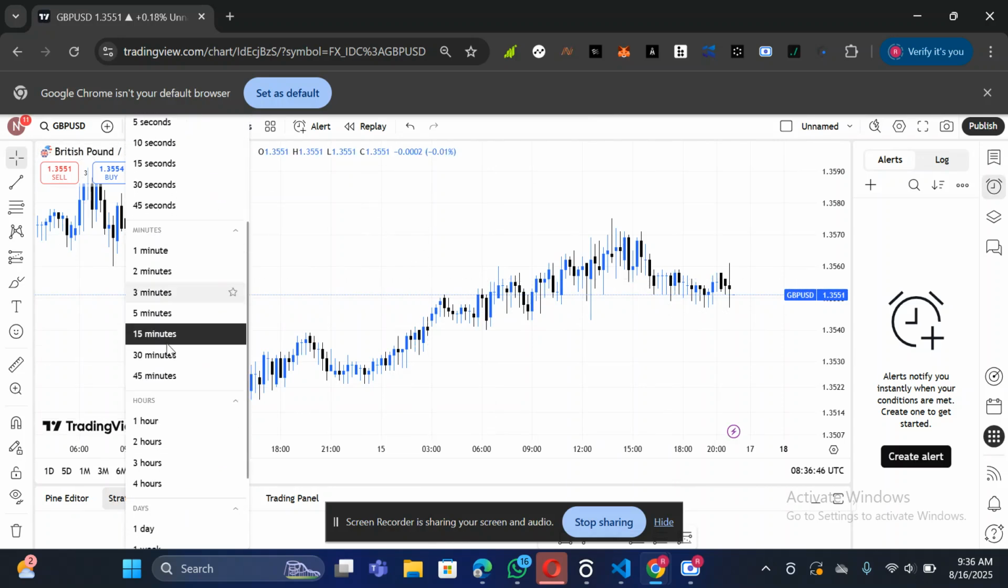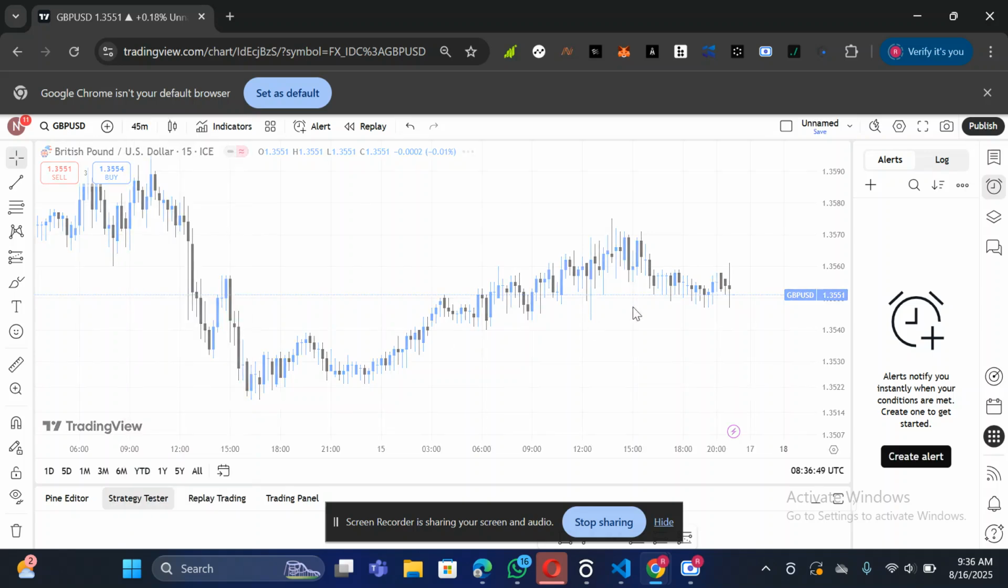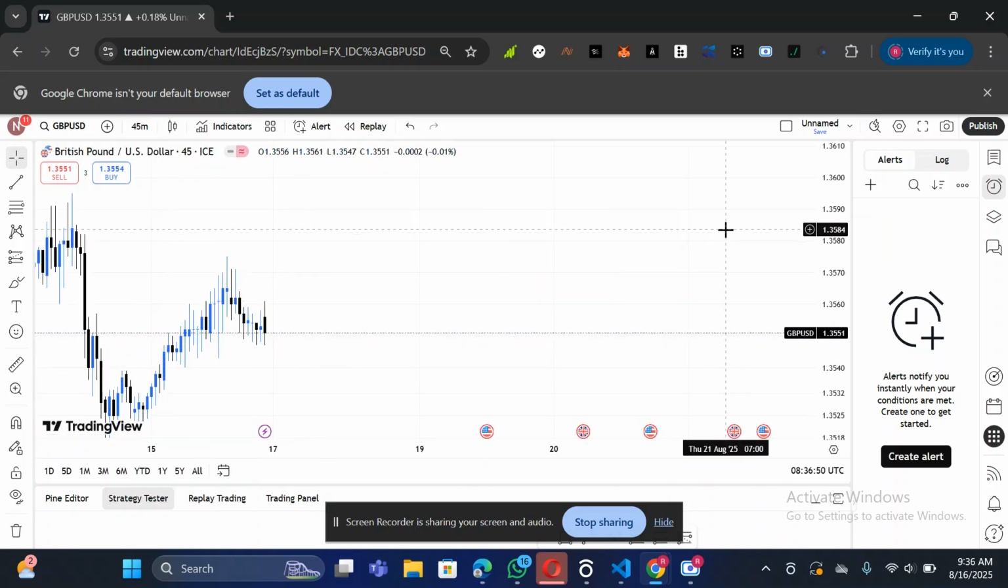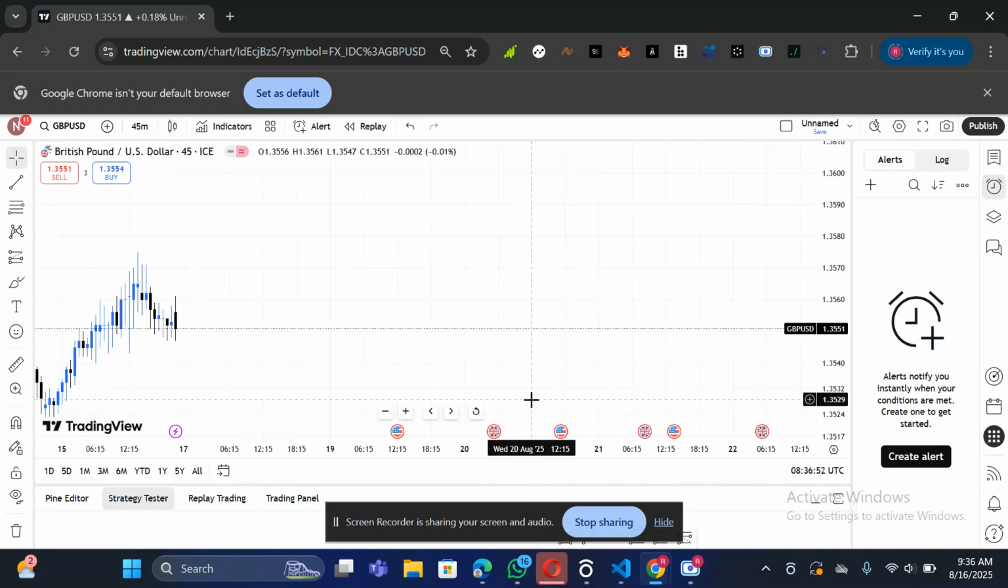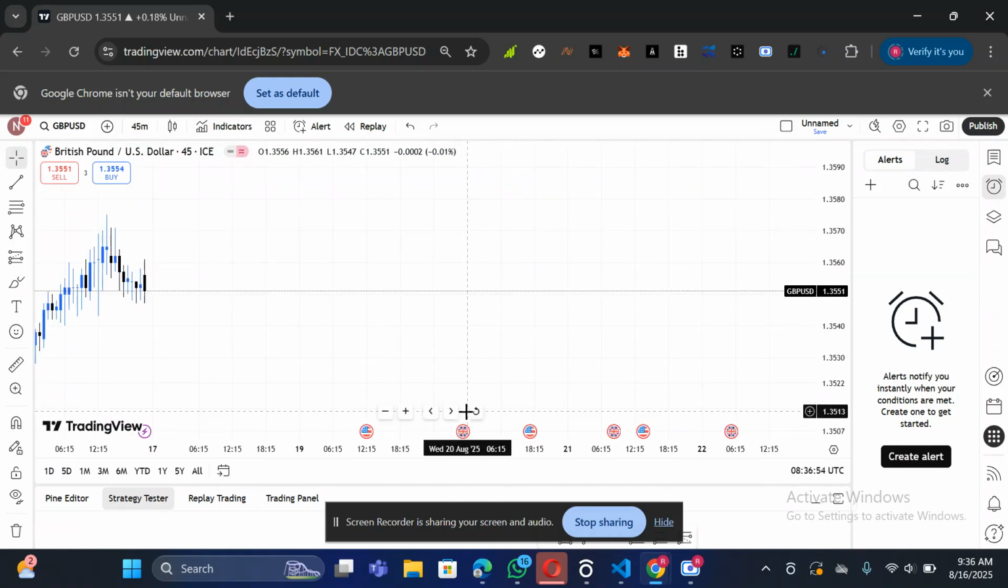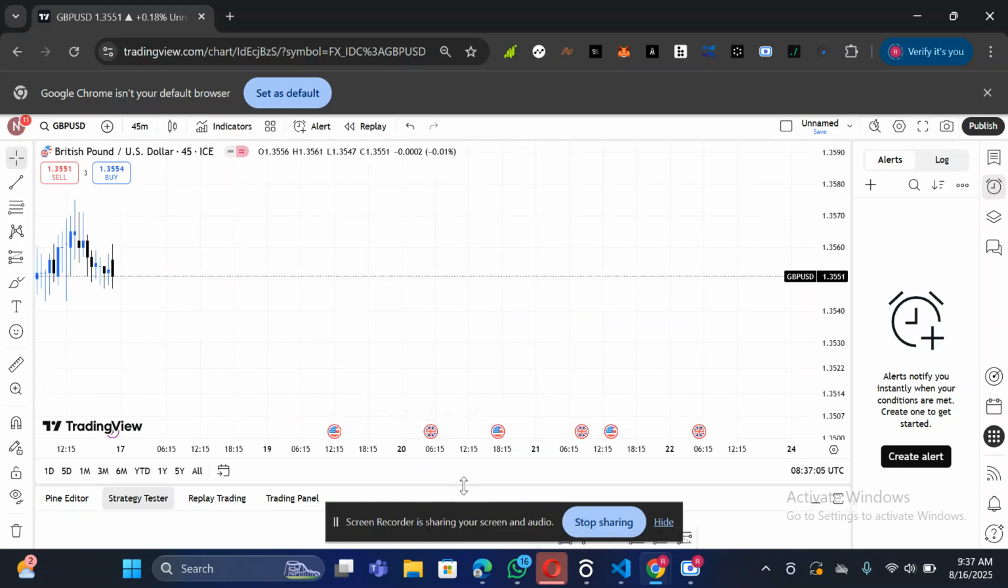Remember when it comes to market structure, the market can only go in three ways, which is the uptrending one, the downtrending one, and the consolidation. Can you hear me clearly? When it comes to market structure, the market can only go in three ways: the uptrending one, the downtrending one, and the consolidating. Now,